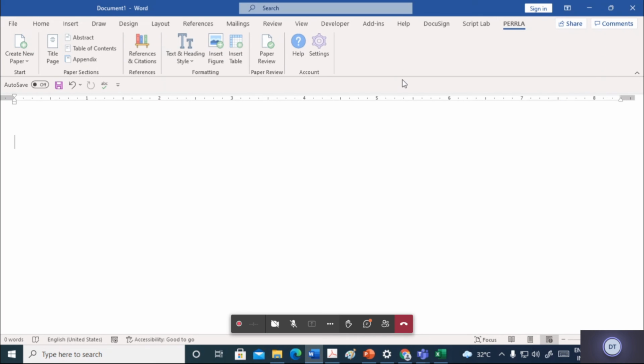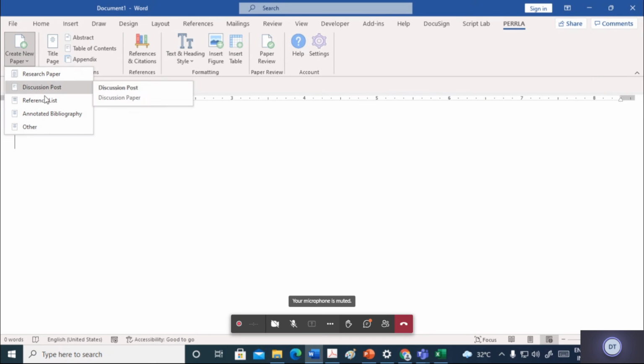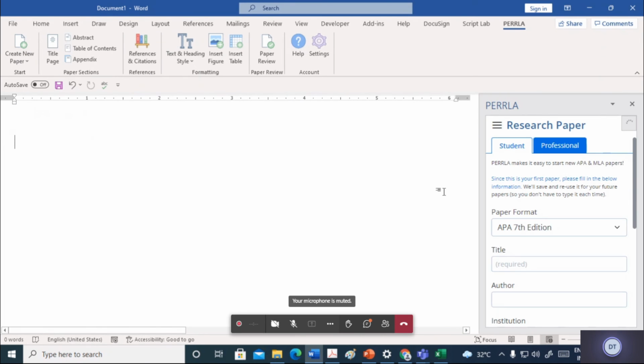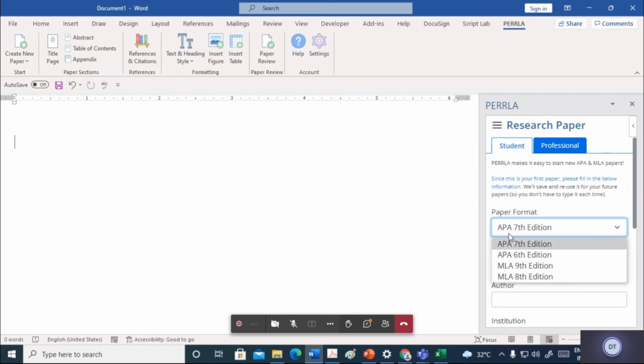So you can see that Parla itself has so many things that help in the creation of the document. Okay, let us say you want to write a research paper or a discussion post or a reference list. For example, those who are interested in research, you can go for the research paper. Okay, so whether you are a student or a professional, you can write, and these are the